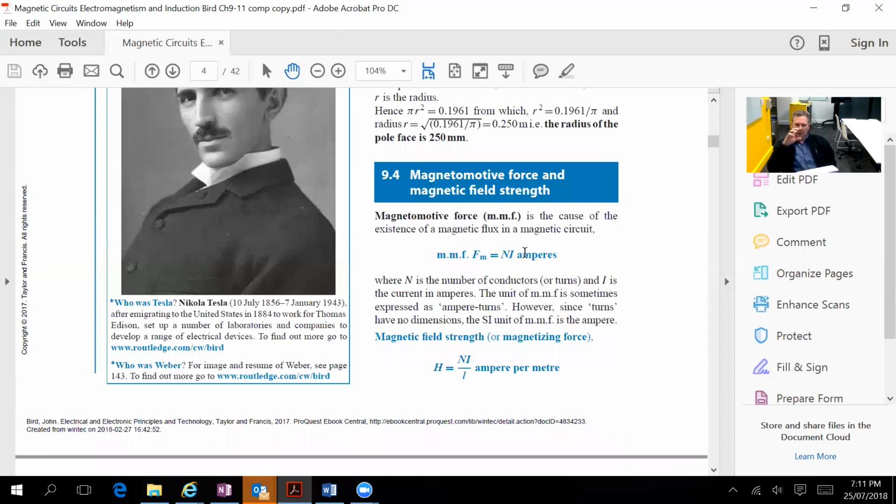So we'd have some kind of a metal magnetic circuit, some coil around there. If you have a lot of turns, you can feed in a small number of amps and end up with a large magnetic driving force. Otherwise, if you only have one or two turns, you've got to feed a lot of amps through there to achieve the same thing. It doesn't necessarily require a lot of power, though, to put all those amps through, because